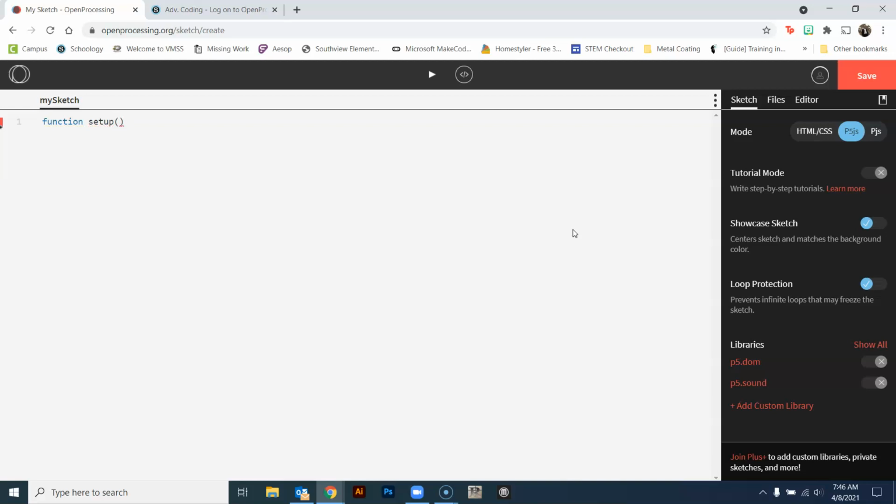Don't forget the parentheses and brackets, similar to the JavaScript we already did last semester, except it's got some pre-programmed library of code for doing some drawing. We're going to make our canvas 400 by 400, close off the parentheses, semicolon, and close off that bracket. And we're going to create our function for drawing. So we have to do another function, draw,